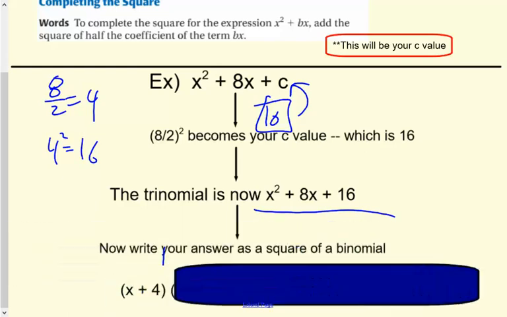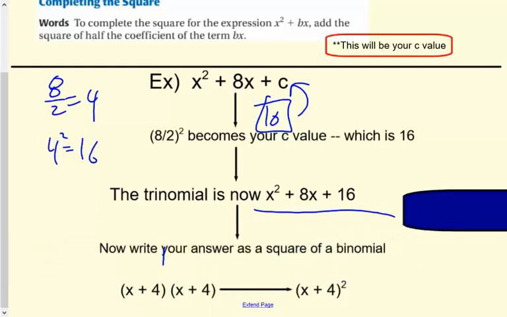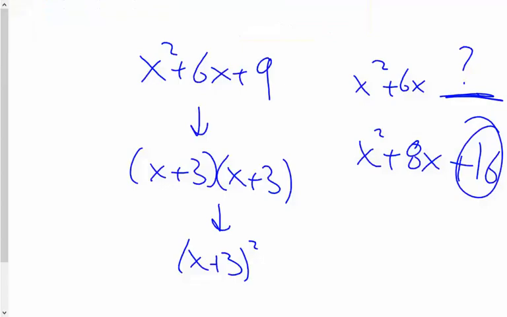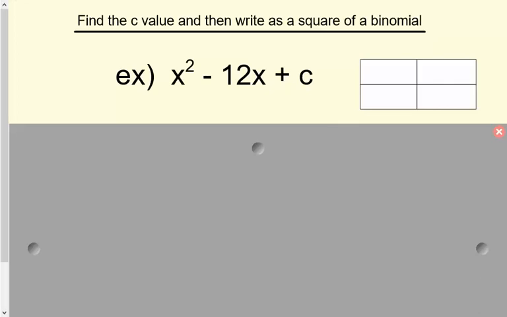It says now write your answer as the square of a binomial. So as I said, x plus 4 times x plus 4, or x plus 4 squared. We're just going to practice this process here with a few things. And if you need to use the box to fill this out to get a visual for it,